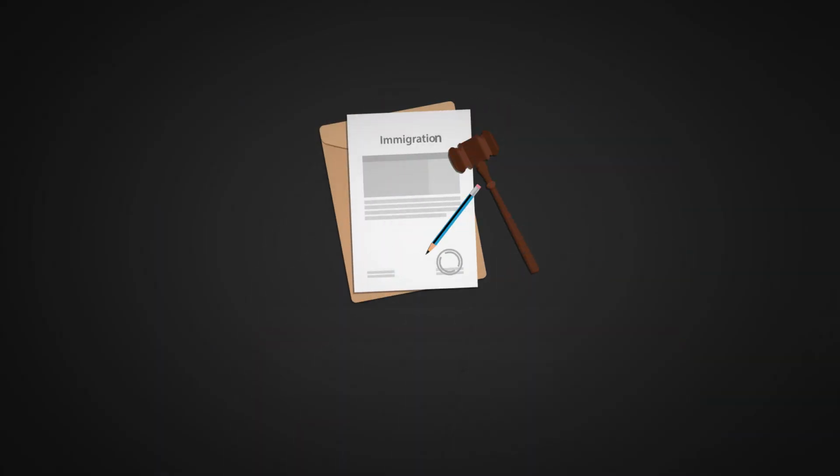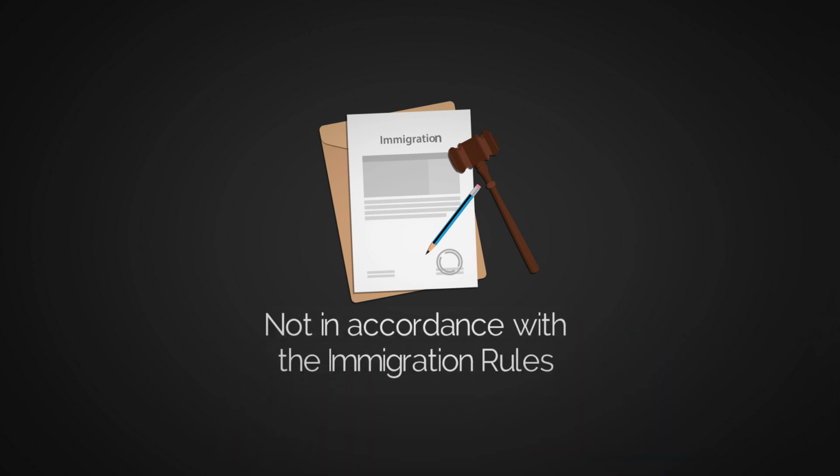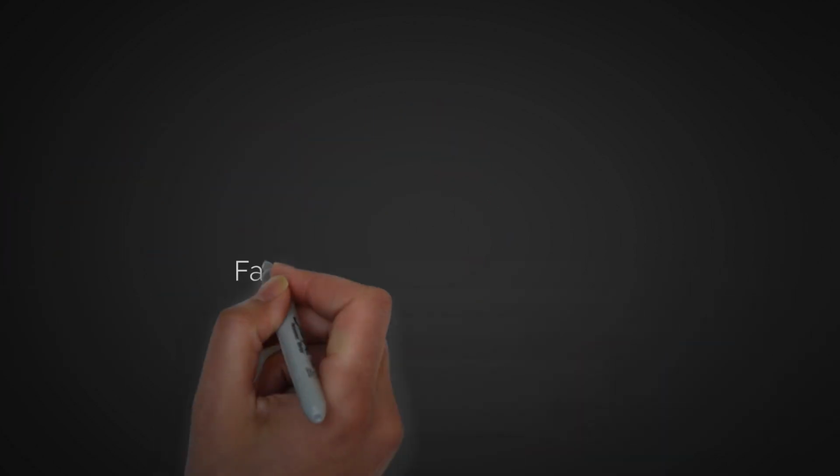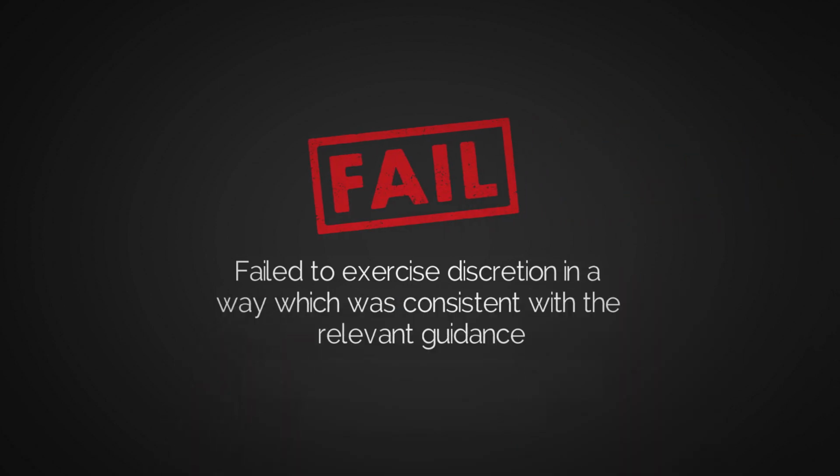Now, this point, in accordance with the law, really opens matters up, because as long as you can show there was interference with private or family life as a result of the decision, any other basis in law on which it could be said that the decision was unlawful can also be relied on in your grounds of appeal. This is as broad as it could possibly be. So you can rely on a ground which states that the decision was not in accordance with the immigration rules, that the decision maker failed to exercise discretion in a way that was consistent with the relevant guidance, and, for example, very importantly,